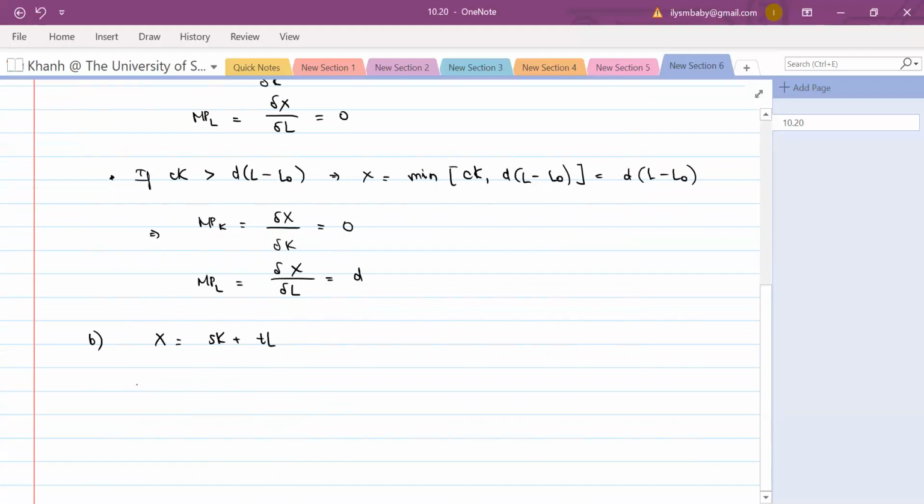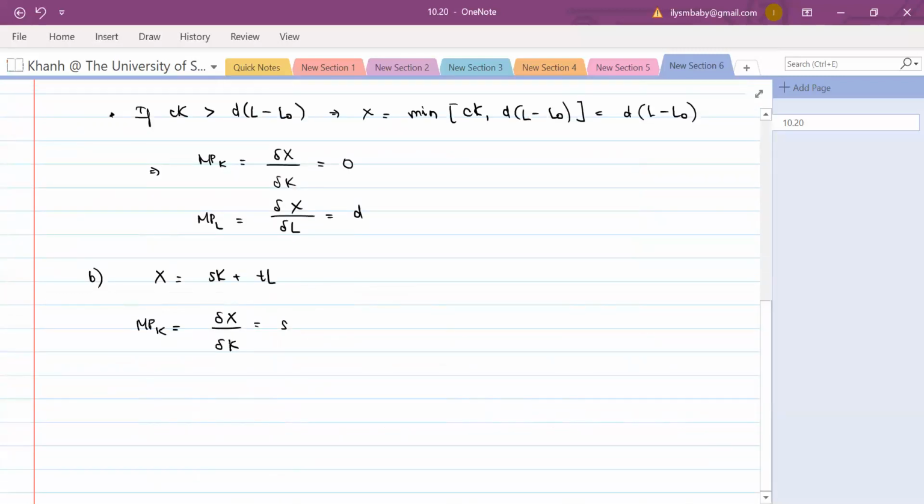Again, this is very straightforward. If you differentiate x with respect to K, as you can see, you straight away get s. The tL will disappear because it's just a constant when you are differentiating with respect to K. Very similarly, the marginal product of labor is the differential of x with respect to L, and that will give you t. And so the marginal rate of technical substitution